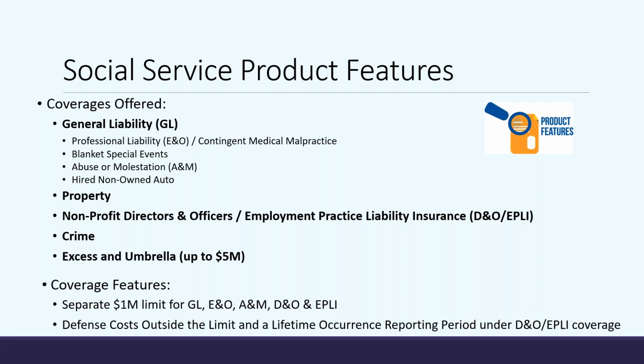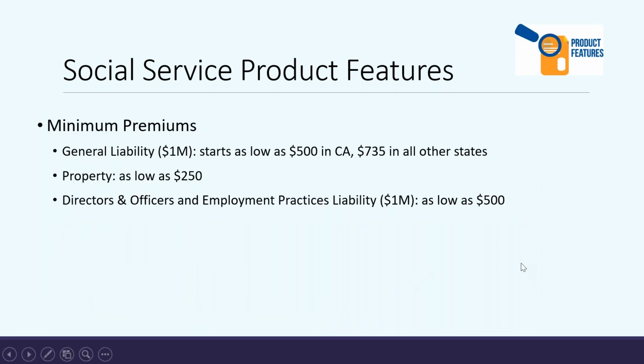And those defense costs outside the limit, that's a huge advantage, because a lot of times right now, whatever is being alleged, these organizations still have to fight these claims and go into the courts to really defend themselves, and we will provide those costs outside of that $1 million limit, so it won't erode that limit. So again, if you have more questions on that, we can definitely go through those, but those are some high-level coverage features.